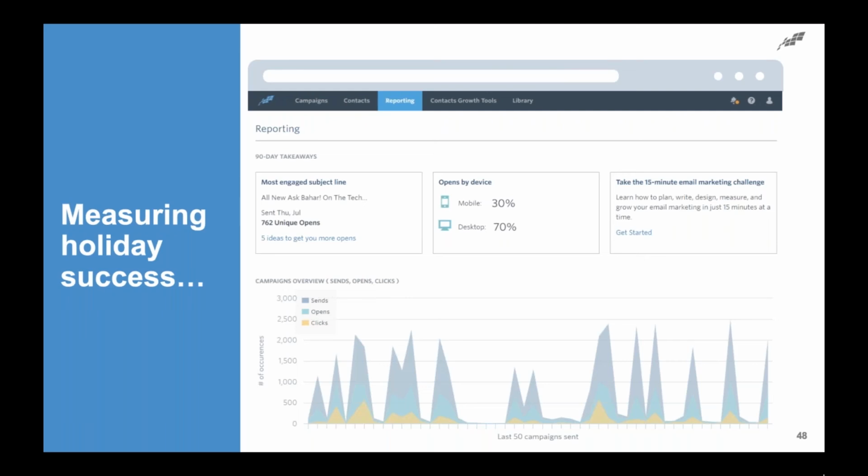Do they react to certain types of offers? Do they find you on certain social media channels versus other social media channels? How does that work? So how much did you get a good increase in traffic to your website in general? Which pages did people visit the most, and all of that? So you can look at the